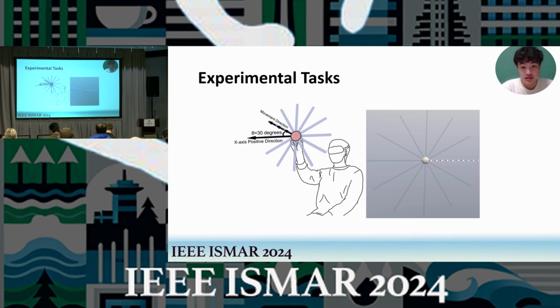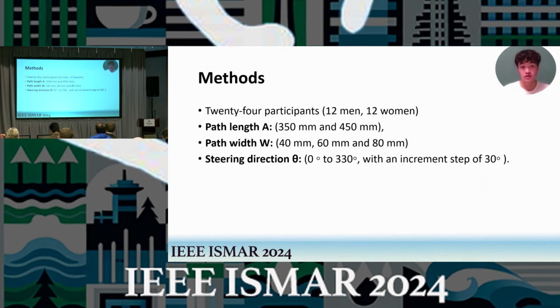The setup simulated the real-world steering interaction in virtual environments, where users often need to move objects or navigate in multiple directions. Next, we recruited 24 participants, consisting of 12 men and 12 women. The experiment was designed with 3 key variables: path length, path width, and steering direction. The path length was set at 315 and 415 millimeters, and the path width was varied between 40, 60, and